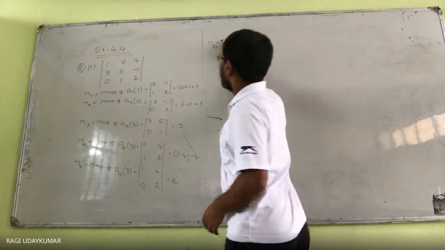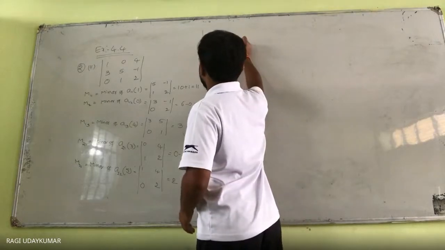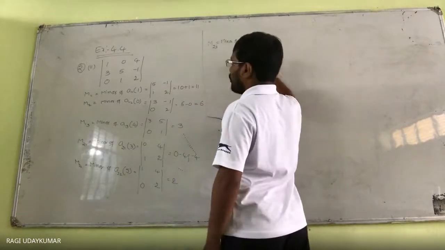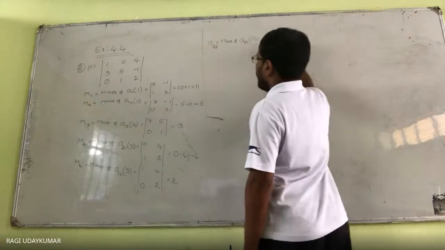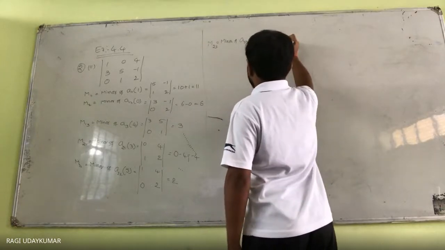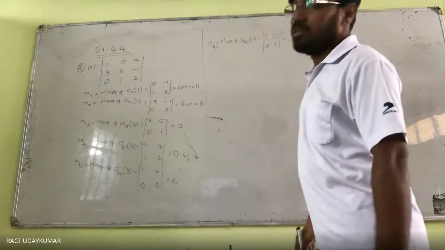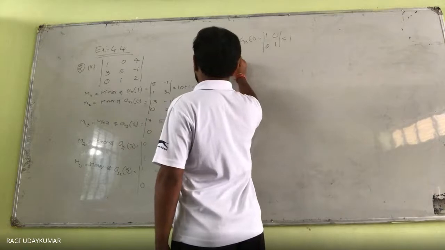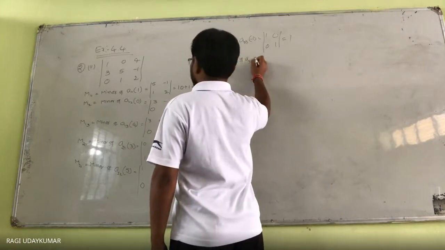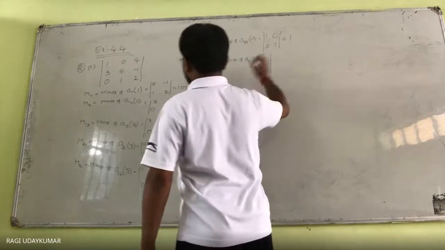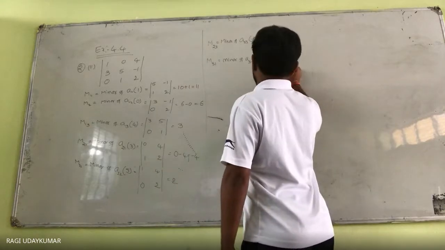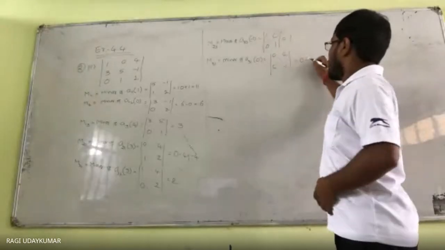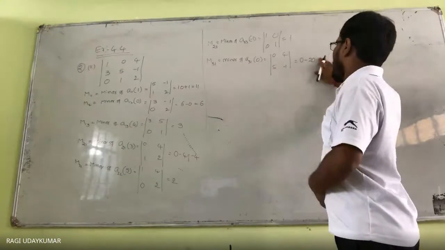Okay. So M23 is nothing but the minor of A23. Second row, third column, that is -1. If you delete that row and column, we get 1, 0, 0, 1. So the determinant of that matrix equals 1. Next, M31, the minor of A31, that is 0. We get 0, 4, 5, -1, which equals 0 minus 5 times 4, which is 20, which equals -20.